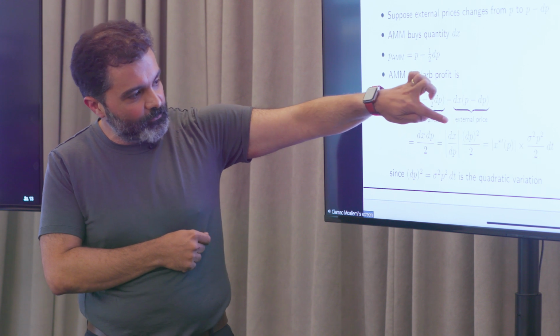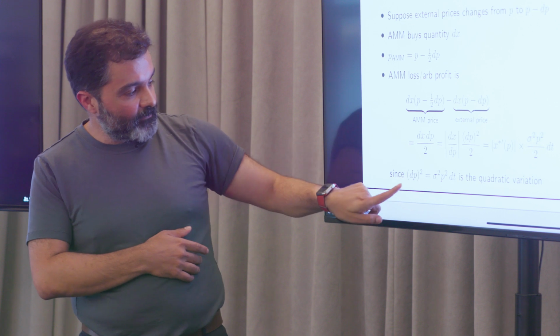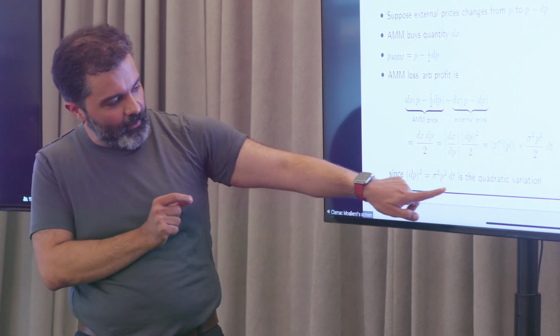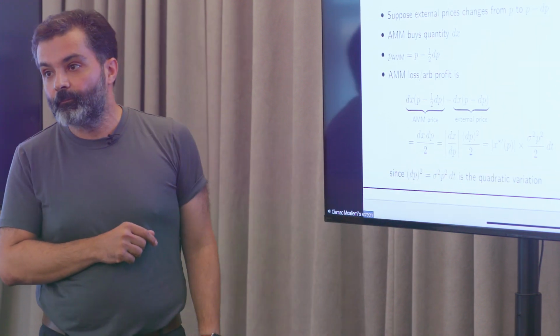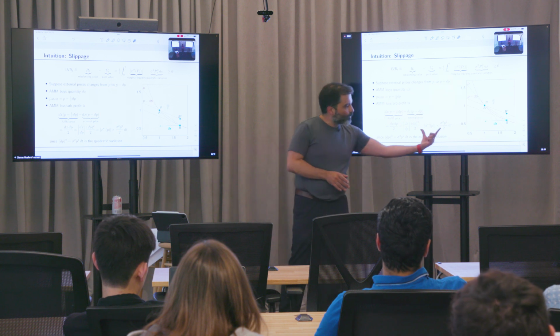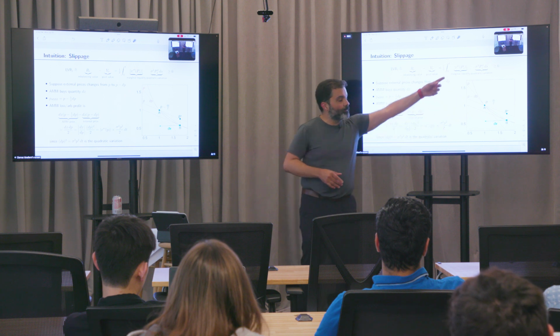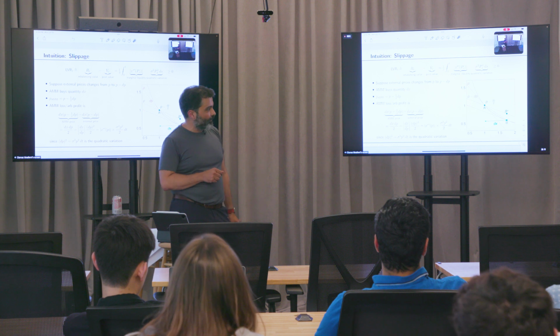And for those of you who know stochastic calculus, this is simply the quadratic variation. The square of an infinitesimal price change is simply that. And so that is where the formula comes from. So you can see, over a small instant in time, the price moved by dp, the arb traded against it and profited by this much. If we want to see how much we lose to arbs overall, we simply integrate this over time, and that's the formula I gave you before. So it's very mechanically showing how loss is being incurred.